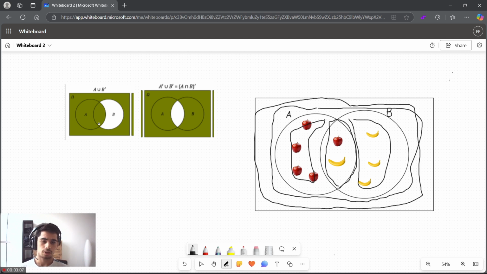Try to reword it in your own imagination, because the more you can translate it into how you think, the better you can understand it. So try to change A or B to apples and bananas, or you can change it to, I don't know,